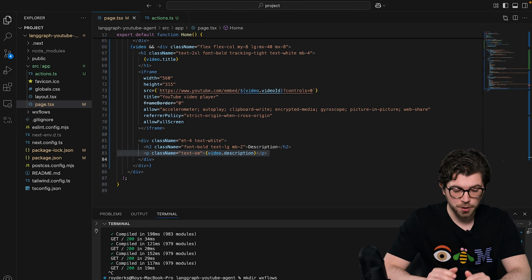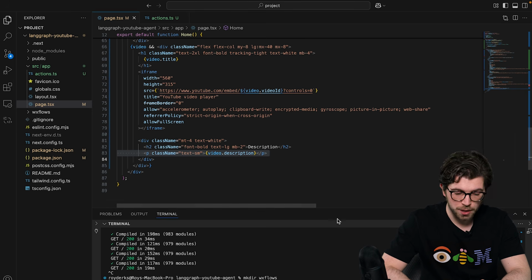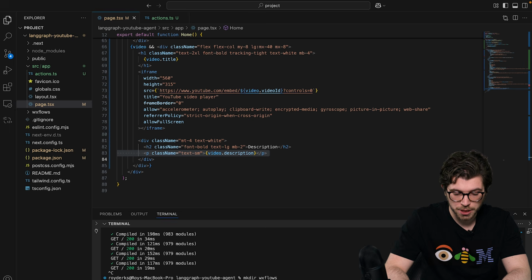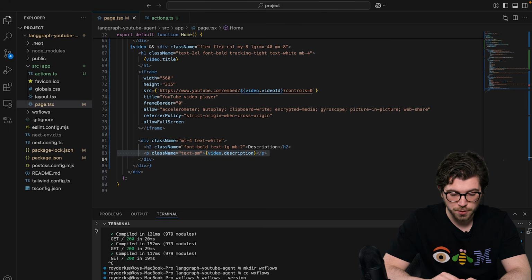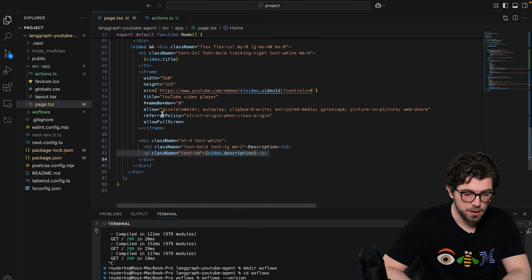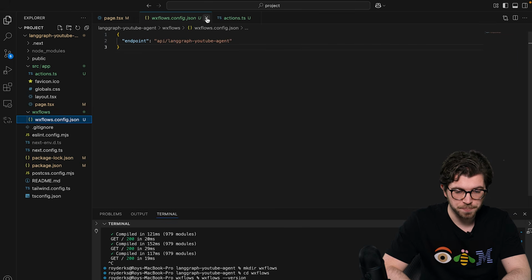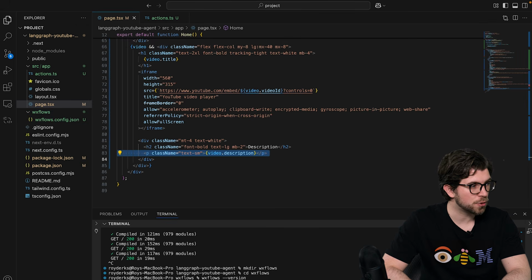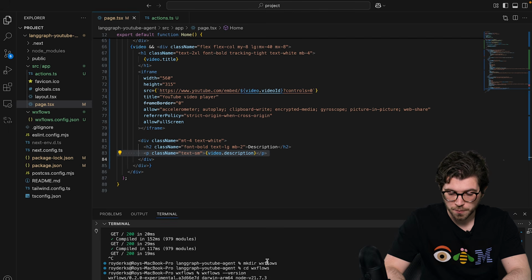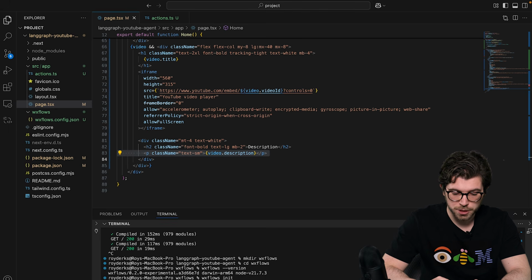It's going to ask us for an endpoint name, so all the tools you create in here will be represented as endpoints. I always like to use the name of my project as the endpoint name, that way I don't get confused later on. You can see in the wxflows directory there's a new configuration file. So we can proceed by importing the YouTube transcription tool, and for this I'm going to run the next command, which will take a tool for YouTube that's available on GitHub and put it in our project.